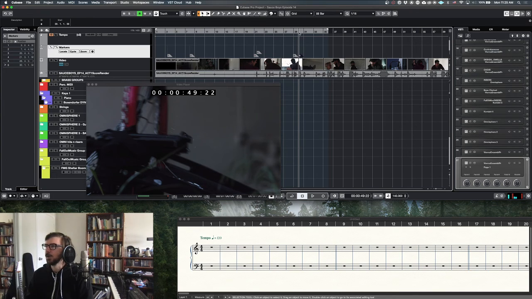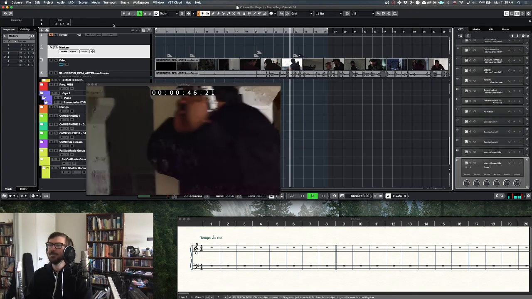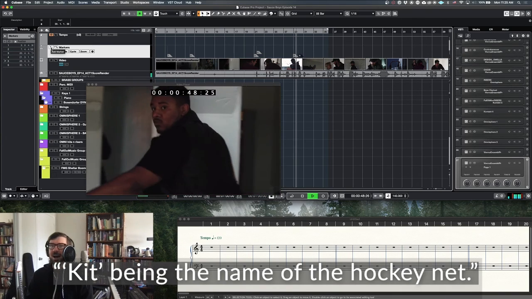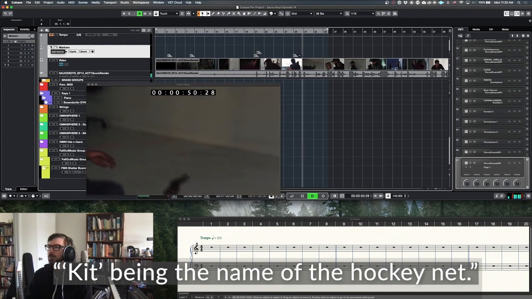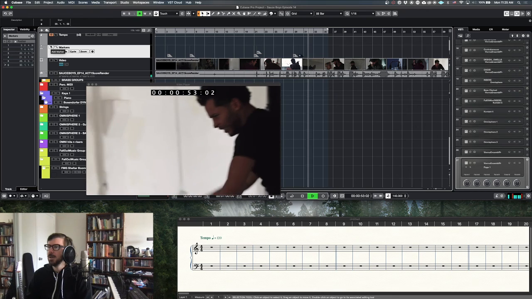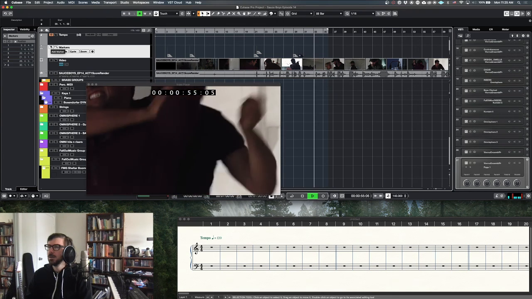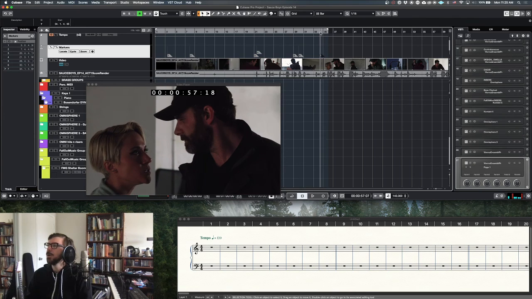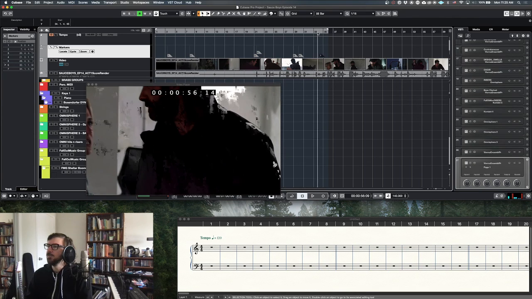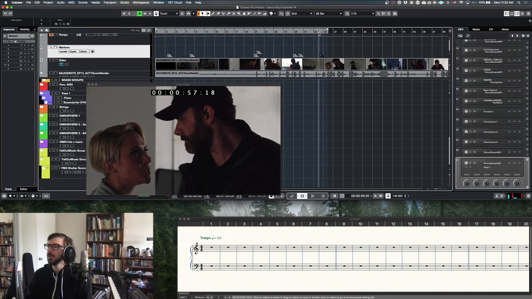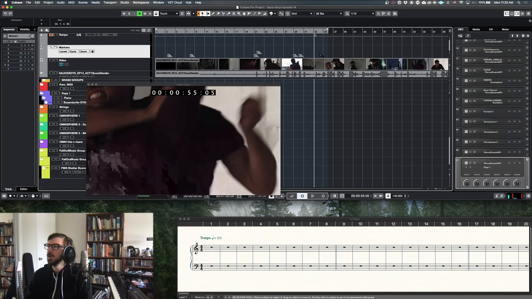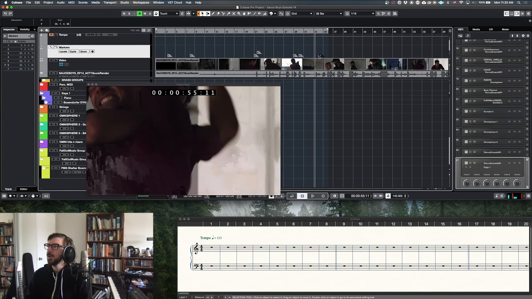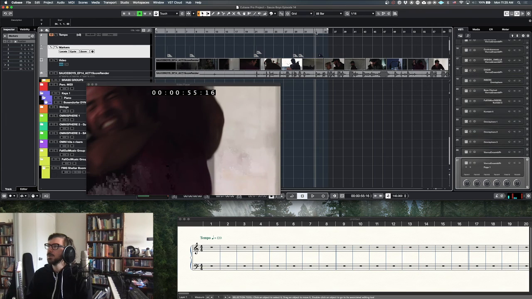So number 6 is right when Kit first enters. The hockey net. Get these out of here. Okay. We're going up to dialogue here between the two main baddies. You can see that. So what I'm gonna do is I'm actually gonna go ahead and drag 7 over to, actually, what I'll do is kind of,